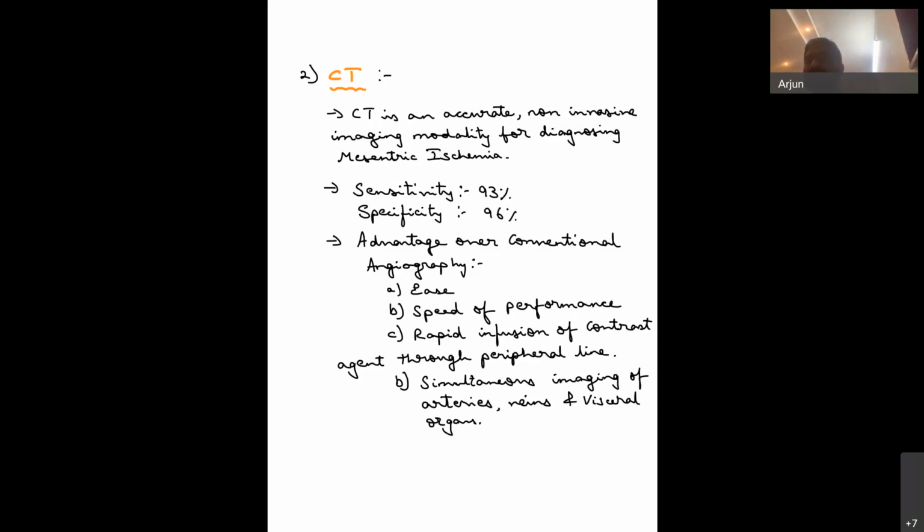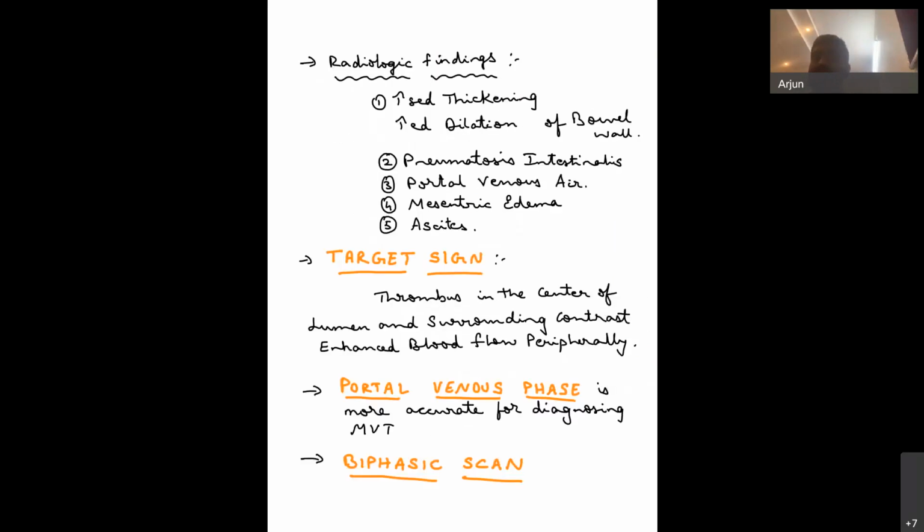The advantages of CT angiogram are the ease and speed of the procedure, and rapid infusion of contrast agent through a peripheral line with simultaneous imaging of arteries, veins, and visceral organs. The main radiological findings to diagnose mesenteric ischemia are increased thickening of the bowel wall and increased dilatation of the bowel wall. You may also find pneumatosis intestinalis, portal venous air, and